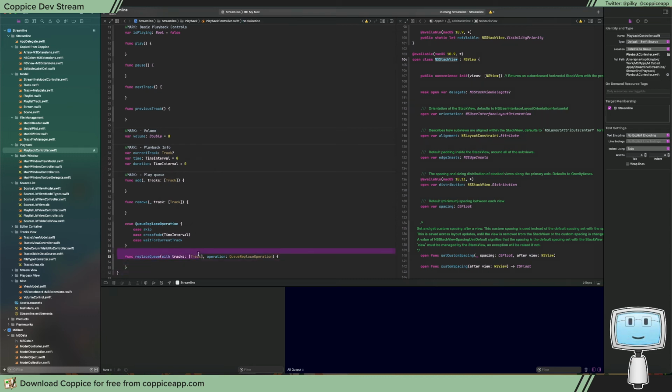But I think shuffling should happen before it gets to the queue. So you'll be able to add tracks to the end of the queue, remove tracks from the queue, move tracks before